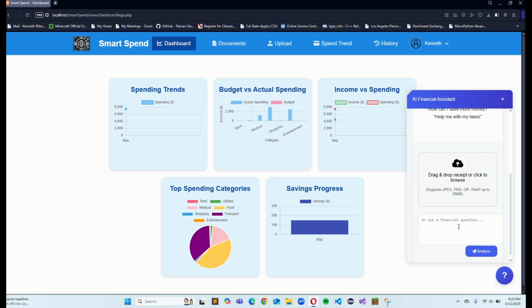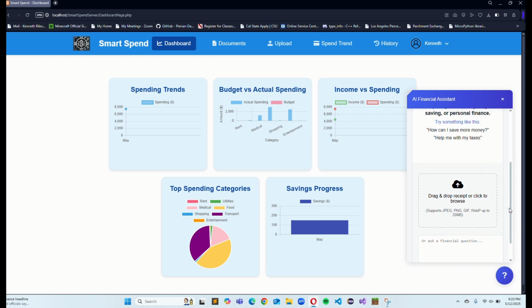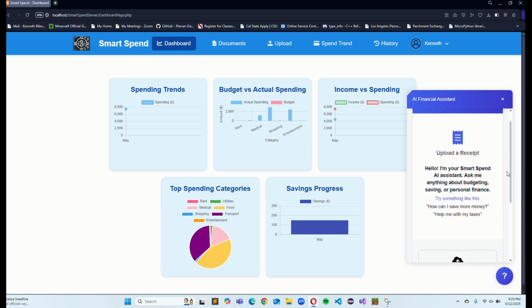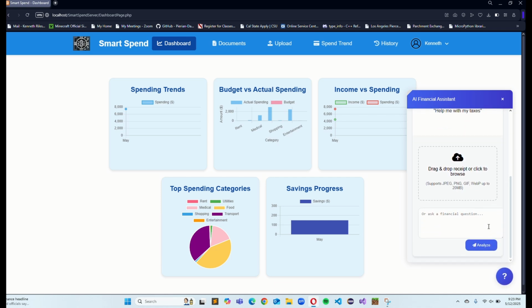And right here, you can enter a question, or you could drag and drop a file or image. It even accepts receipts, so it's able to decipher information from pictures of receipts. So let me ask a question real quick. Let's say I spent $80 on burgers for the last 3 weeks. How can I improve my spending habits if I want